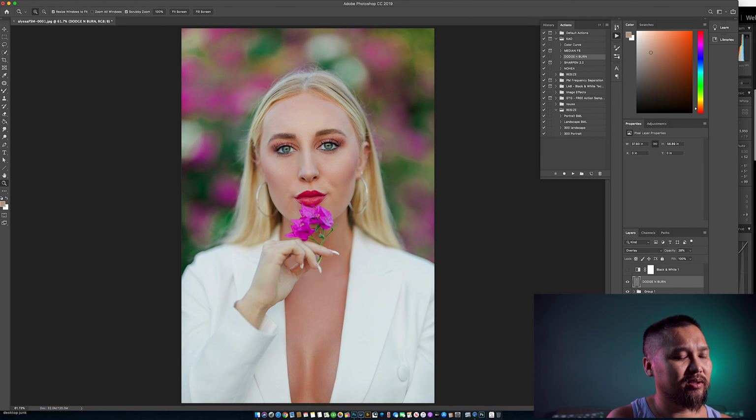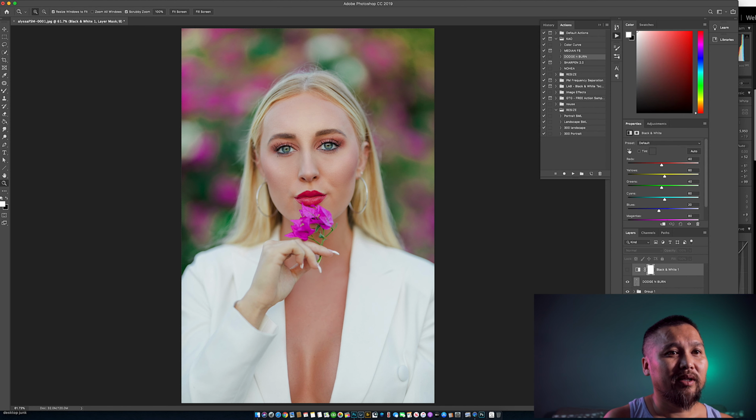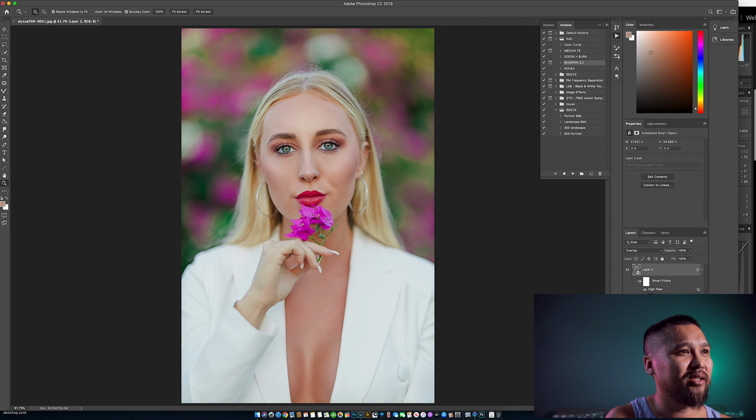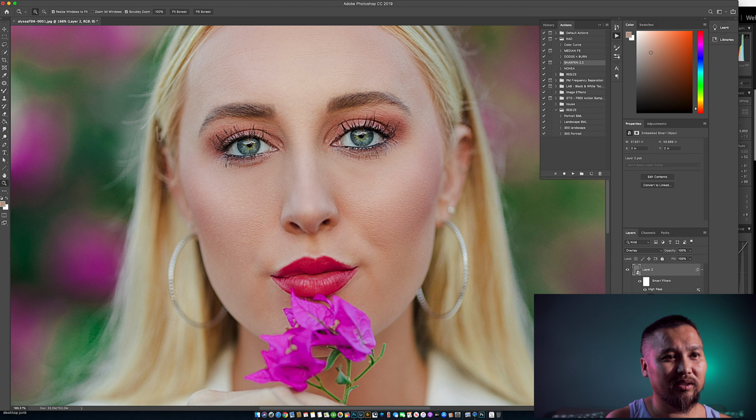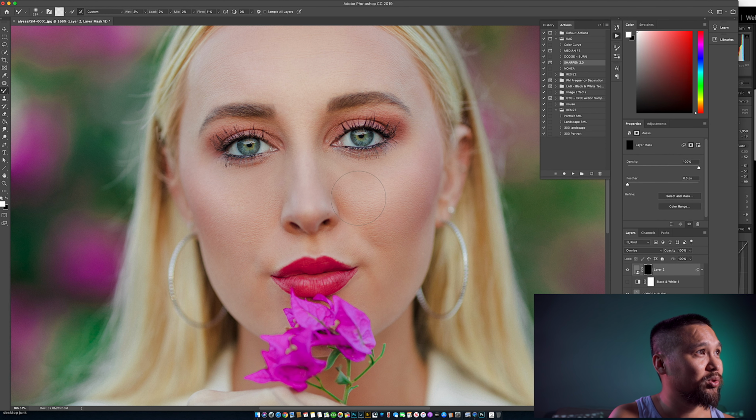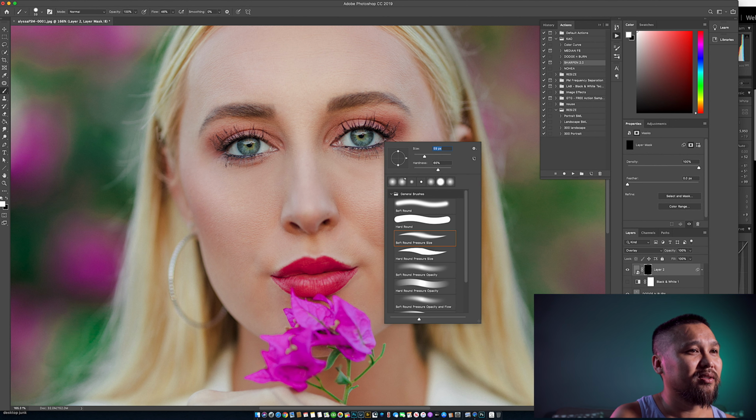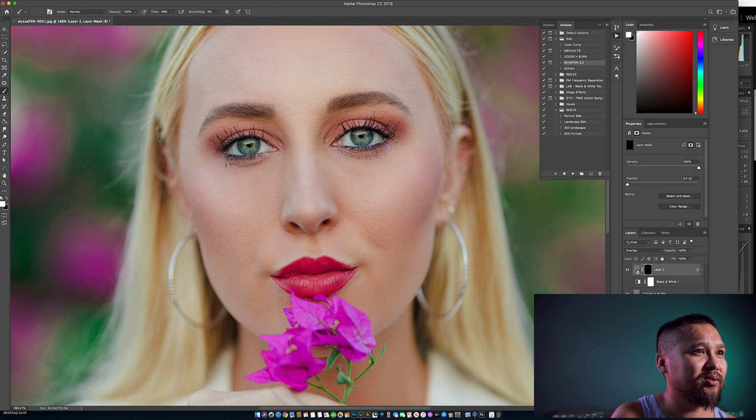Okay, and with the opacity, I'm just gonna raise it up a little bit more so it's a little bit more obvious. This is a lot more than I normally would do it, but I'm gonna go ahead and keep it right there. Okay, and now I'm gonna sharpen. Yeah, we'll just keep it at 3.8. I don't want to sharpen the entire face. I'm gonna hit a mask, Command I, hit the brush tool. Now we want the regular brush, not the mixer brush,